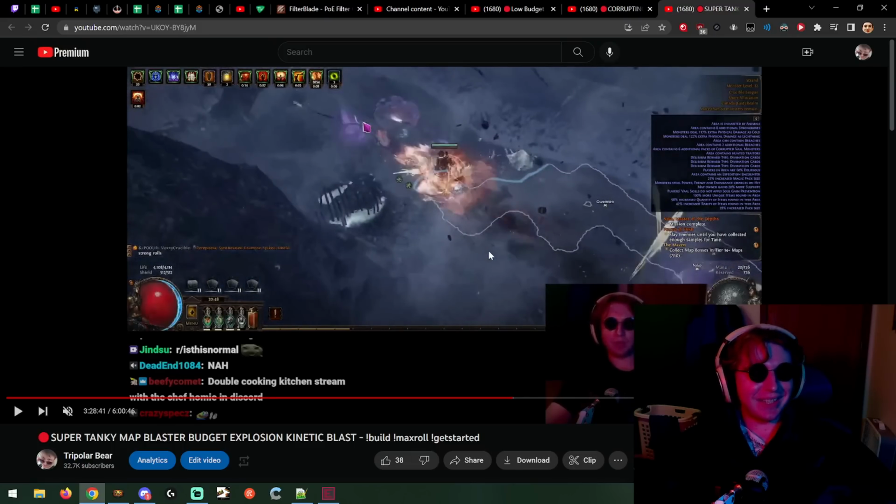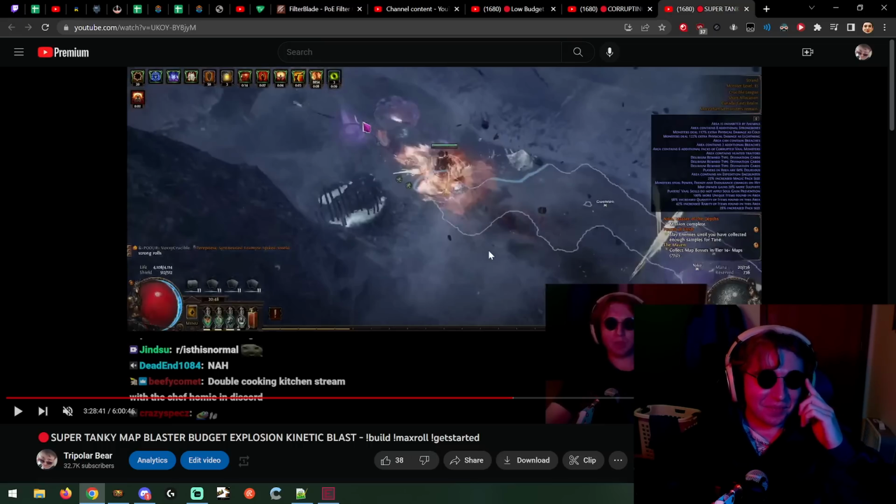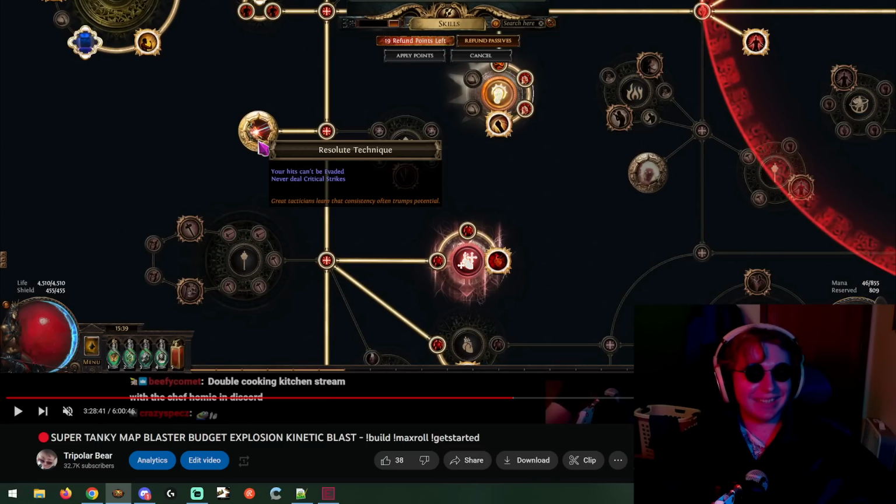All through this journey, white maps, yellow maps, into 60% Delirium T16 strands with compasses and everything. All throughout this journey, this build is so good, okay? It's so good because I didn't even have Resolute Technique